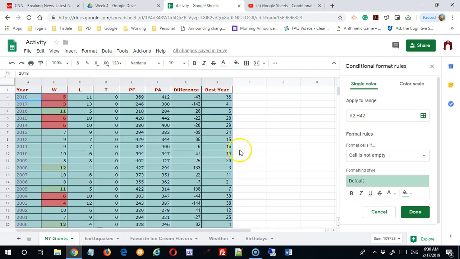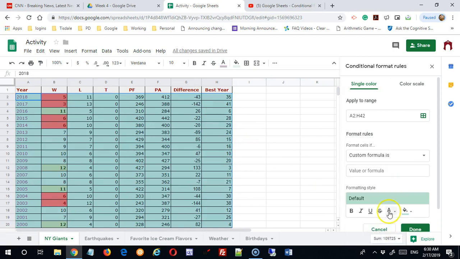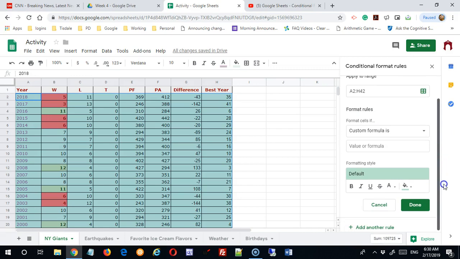So I've added another rule. You can see that the range is the entire range. And in this case, I'm going to have to scroll all the way to the bottom and put a custom formula in. So I can always write my own formula here. And what I'm looking for is the values in column E. So my first thought might be to say equals E2 is greater than or equal to